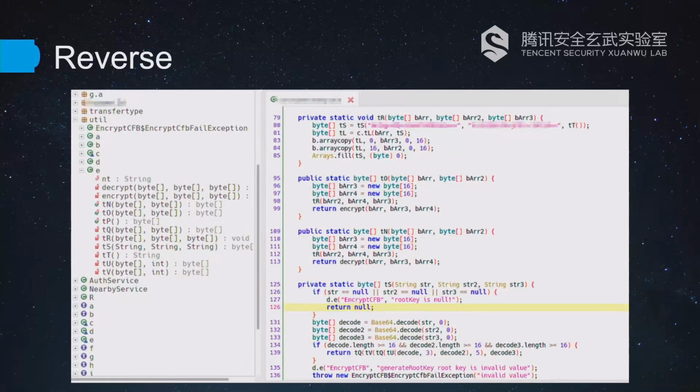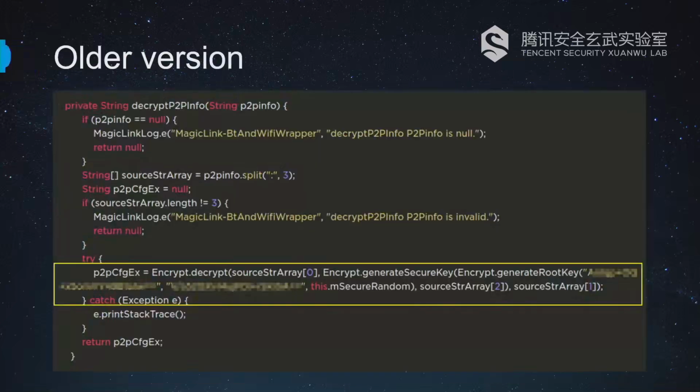This is a core crypto algorithm. We can see that it is obfuscated badly. But we managed to recover a function which mainly relies on AES crypto and some other transformation of data. To make it more clear, we can show you an older version which is different but without any obfuscation. But the whole process is just the same.